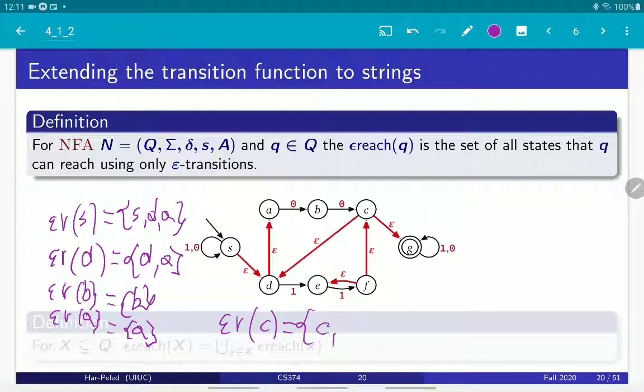C itself, of course. Then you can travel to D. If you can travel to D with epsilon transition, you immediately get all the epsilon transitions that it has. So A, of course, also. And from C, you can also traverse with epsilon transition to G. And that's it, right? So this is C. Okay, so we did S, D, B, A,